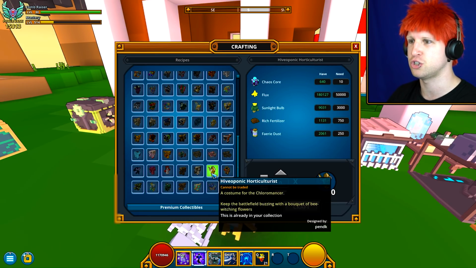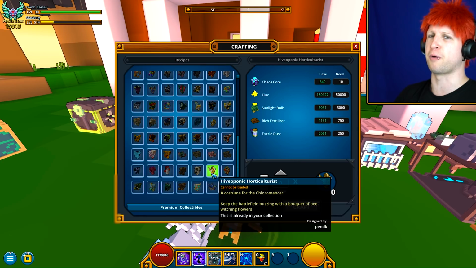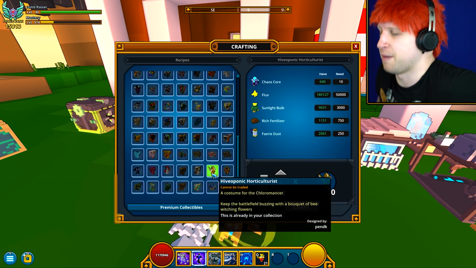The Hive Costume is going to end up being 3,000 sunlight bulbs, which shouldn't be much of a problem for most players because we've all...